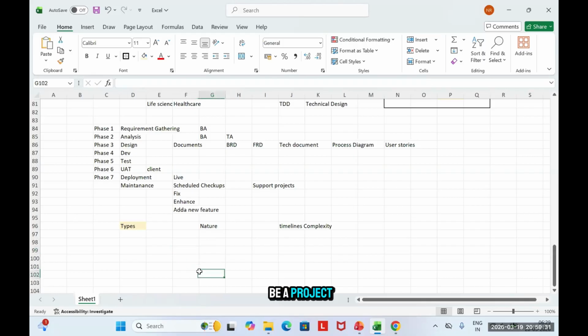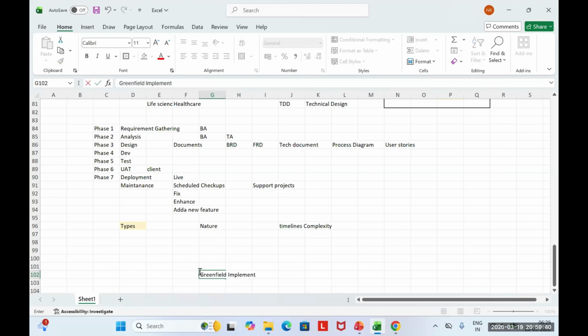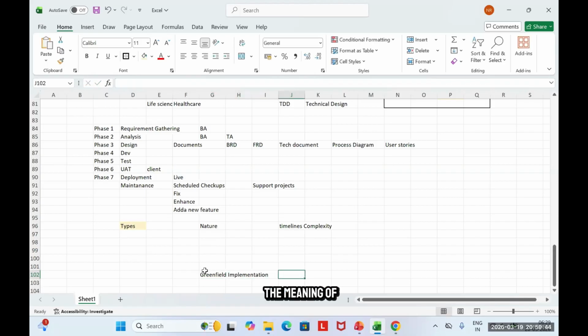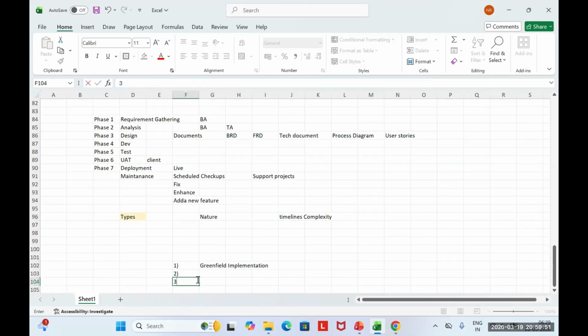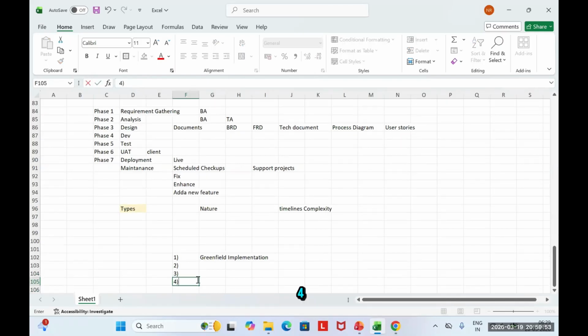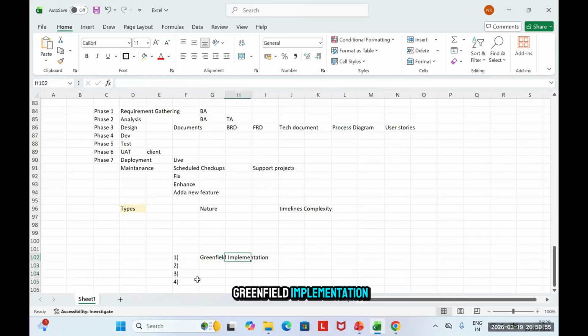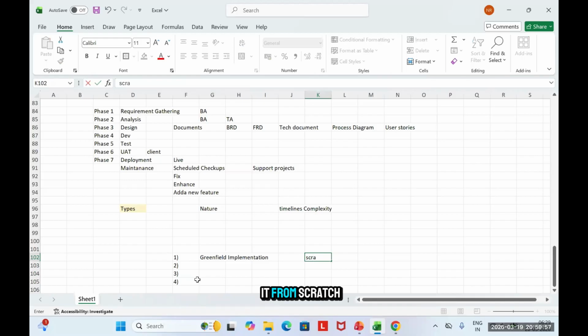There can be a project that we are doing from scratch. Okay. What is the meaning of scratch? Take it down. Greenfield implementation means I am building it from scratch.